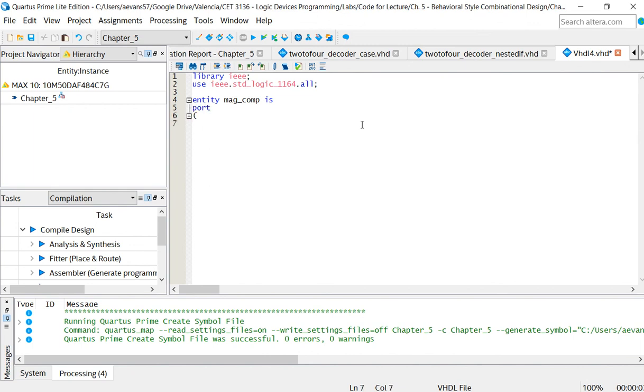For my inputs, I have 2 inputs. I'm going to call them P and Q, in standard logic vector, 4 bits in size, so I'm going to have 3 down to 0. So I have 2 4-bit inputs, P and Q. For my outputs, I'm going to have